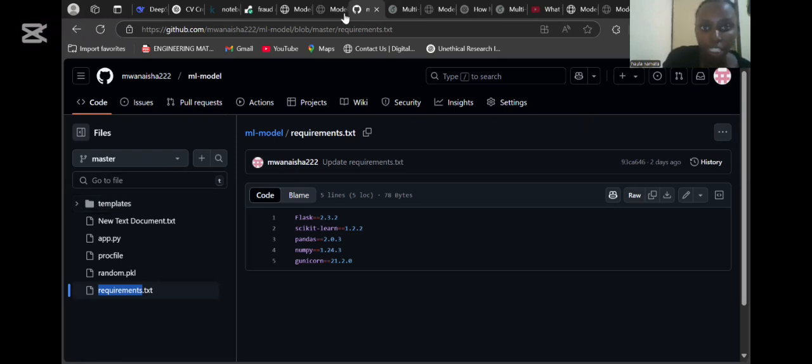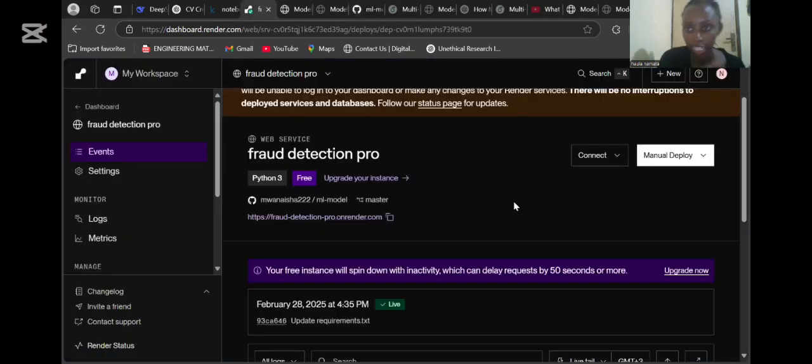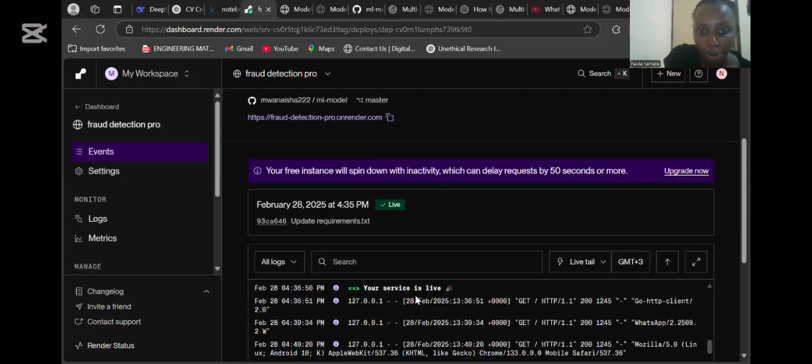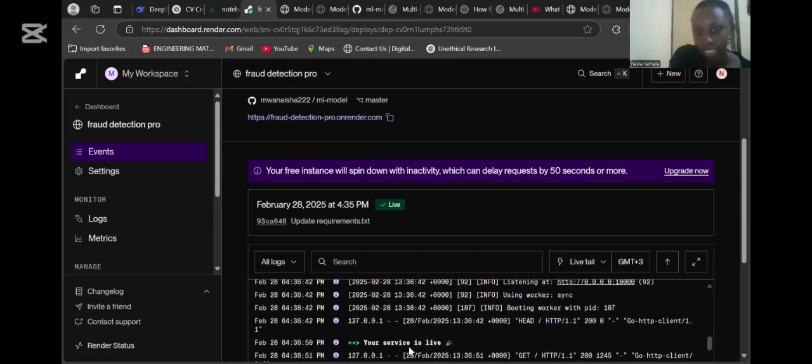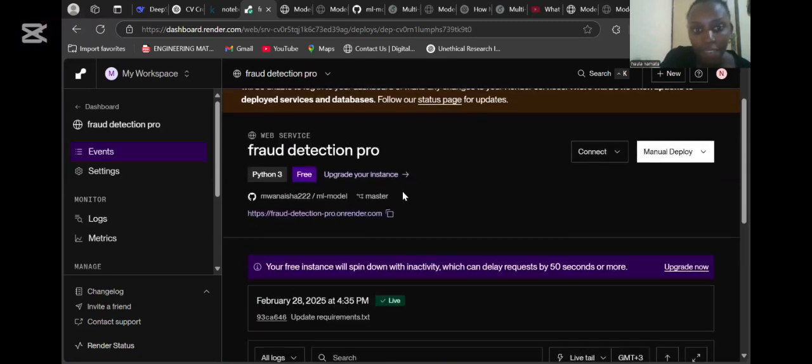Then after pushing it to GitHub, we had already initialized a repo in the Anaconda shell. We connected the repo to Render, and we deployed the latest commit, which was our model. Here it was showing us our service was live. And once the service is live, you are assigned a link. Once you follow this link,